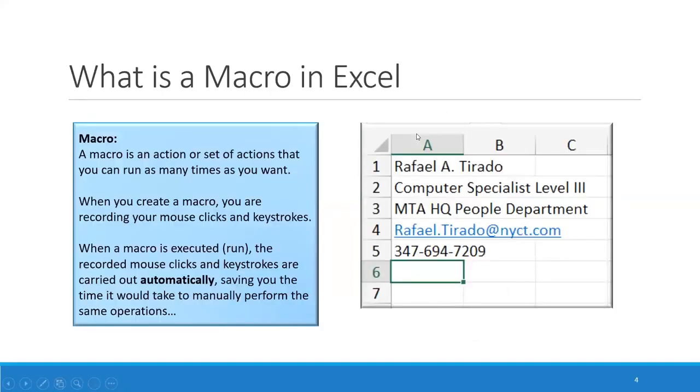But before I even go into that, I just want to make sure that everybody's clear with the concept of what a macro is in Excel. So by definition,